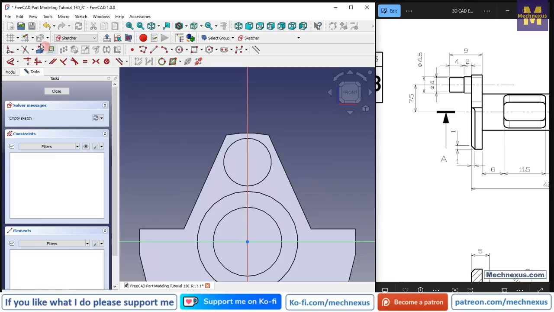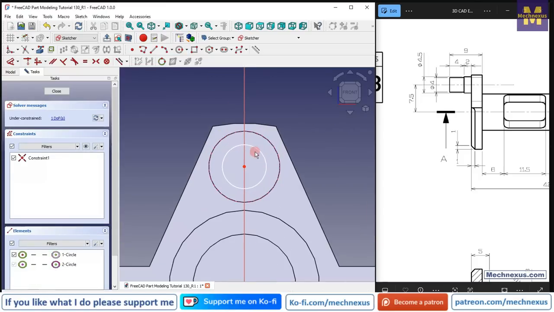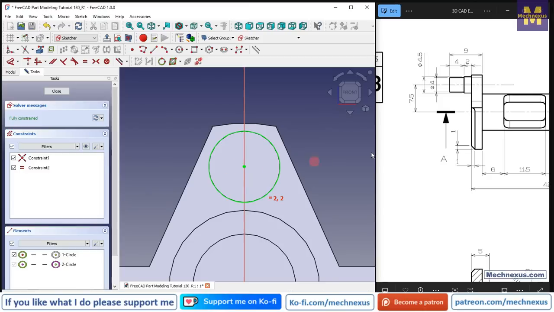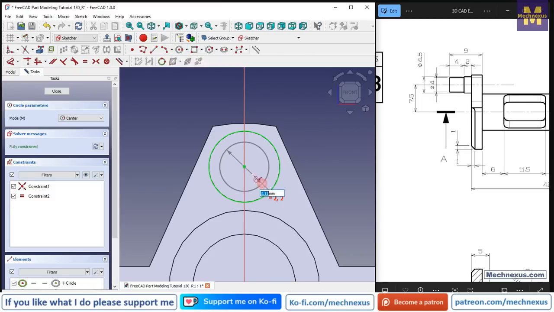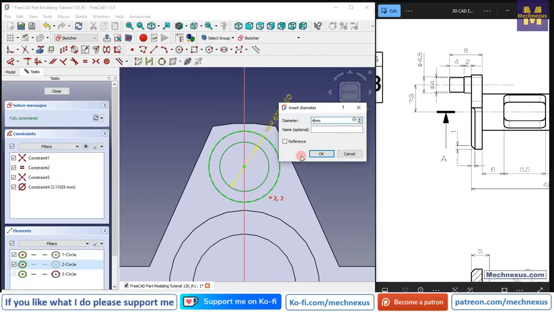And now we will click on the project geometry and project this outer diameter, and here select the circle and create a circle. Now press the control key, select this newly created circle and this projected diameter, and click on the equal constraint. So this is the equal, and now we have to create a 4 mm diameter. So we will select a circle